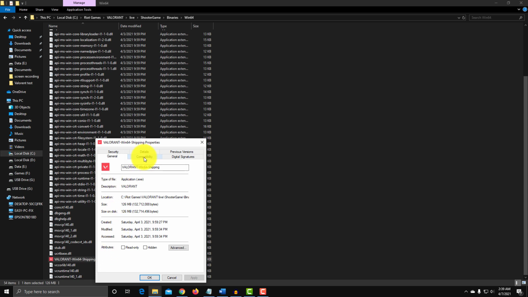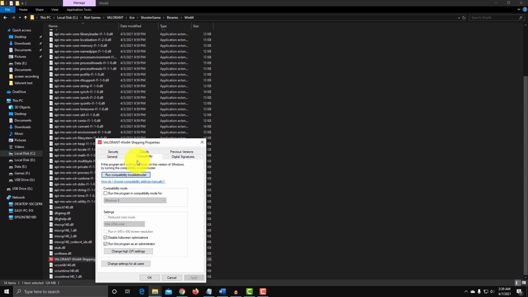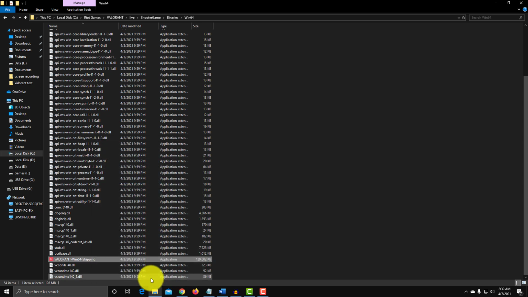Now go to the Compatibility tab. Here you need to uncheck Disable full screen optimization and Run this program as administrator. Now apply it. Now hit OK.